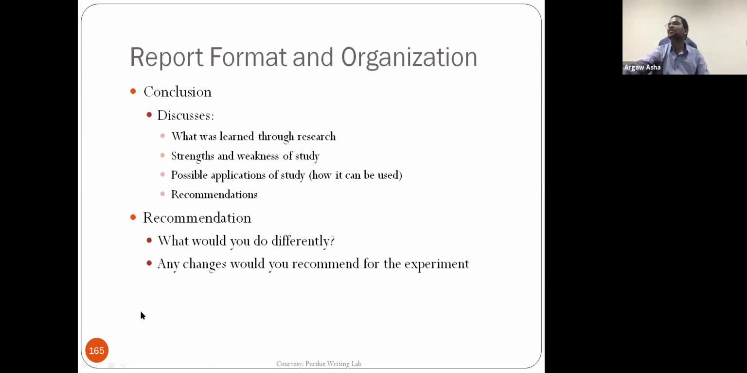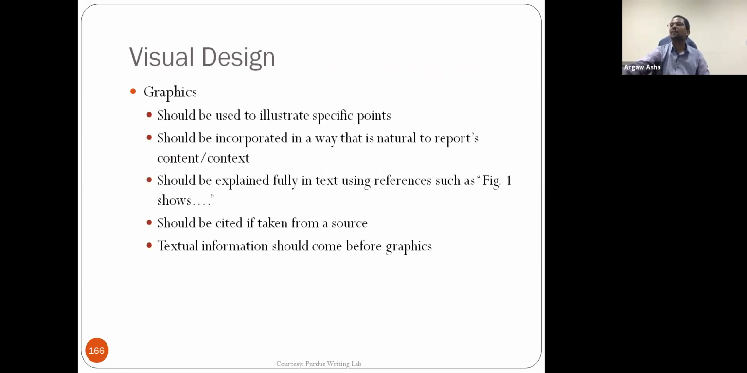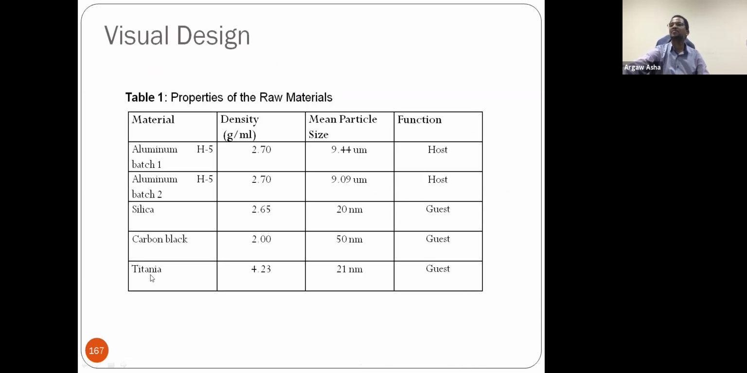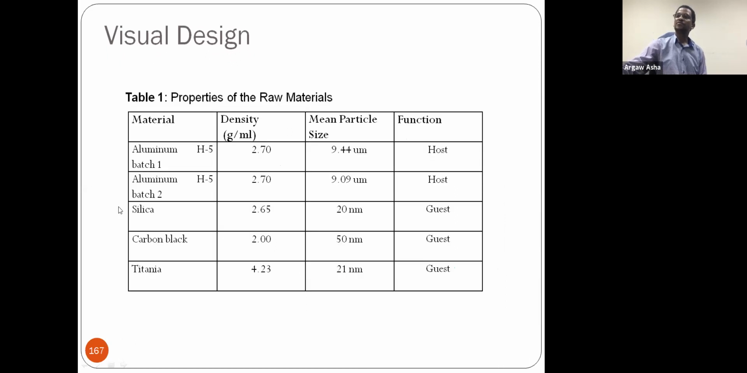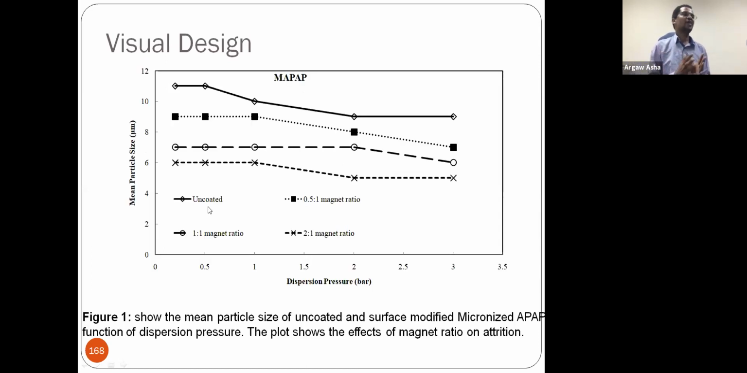ነገር ነው, any change you would recommend for the experiment የሚለው እናደርጋለን ማለት ነው። ስለዚህ visual design graphics ነው, should be used to illustrate specific points, should be explained fully in text using reference figure ላይ እናስቀምጣለን textual information before graphics እናስቀምጣለን ማለት ነው። So as an example እነዚህ graph ላይ ተቀምጧል፣ እነዚህ graphically ማድረግ አሁን ቴብል የተቀመጠውን ፎርም ይሄ ነው፣ ይሄን ወደ ግራፍ ላይ እንደዚህ መጻፍ ይቻላል። ፊገር ከስር ነው የሚቀመጠው ካፕሽኑ፣ ቴብል ሲሆን ደግሞ ከላይ ይቀመጣል ማለት ነው። ሌላው ቴብልና ፊገር ሁለቱን በአንድ ላይ አናስቀምጥም, the same information convey ማለት የሚያደርገው፣ ወይ ቴብል ነው ወይ ፊገር ነው ለብቻ የምናስቀምጠው።